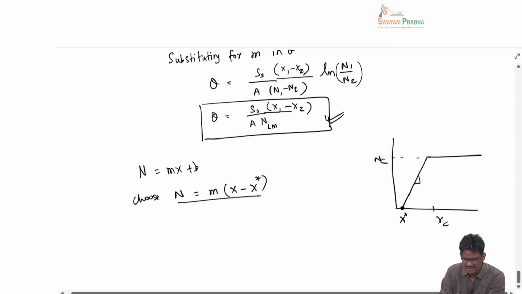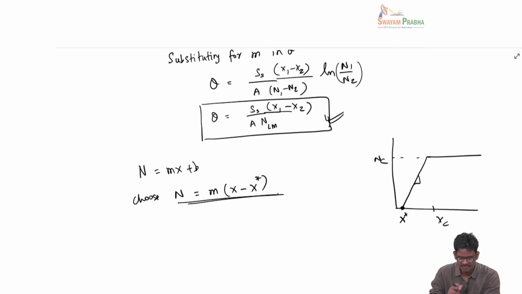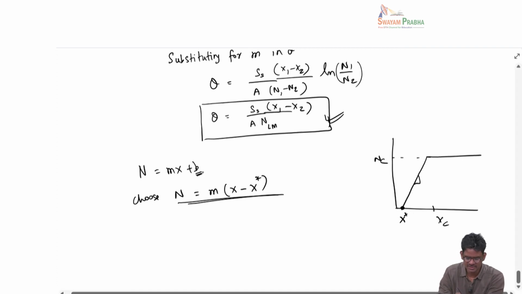So then I can write the falling rate as m times x minus x star. All that we are doing is saying this constant b is nothing but minus mx star. Okay, so with this you can rederive this, and I'll give the final equation. It's something you can test out. You will get Ss by A, NC